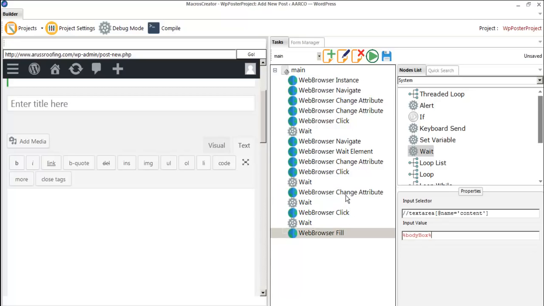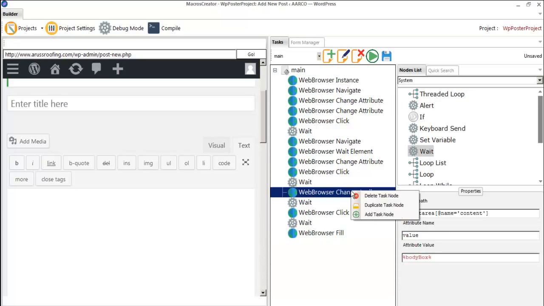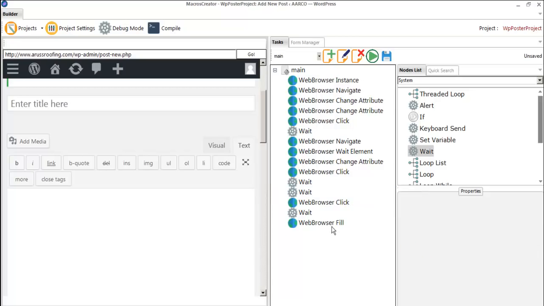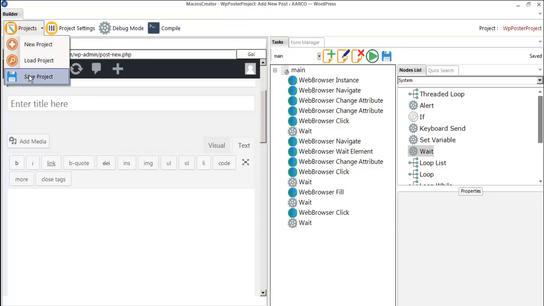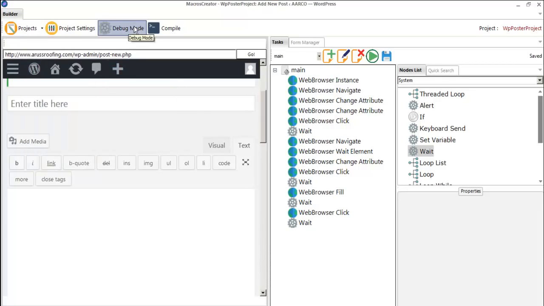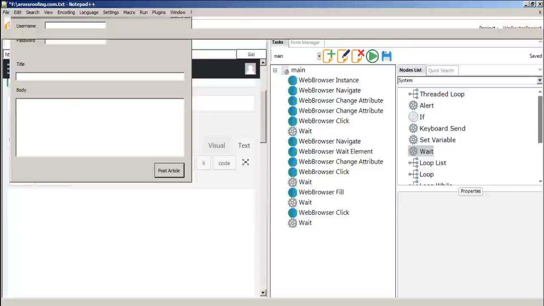Or we can also use send keys if that doesn't work. Let's delete this one, place it in here, and let's try again. Should work now. Debug, let's fill in again,